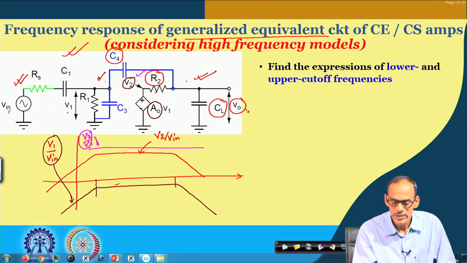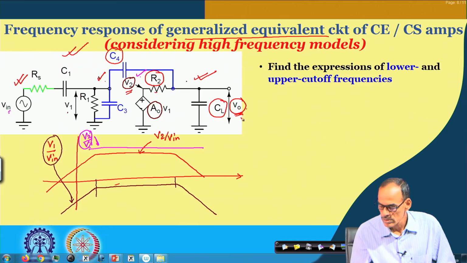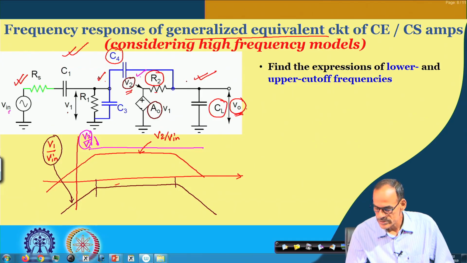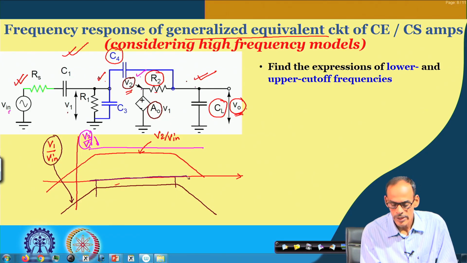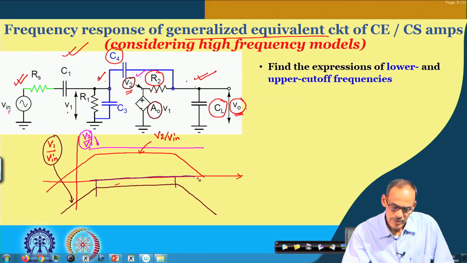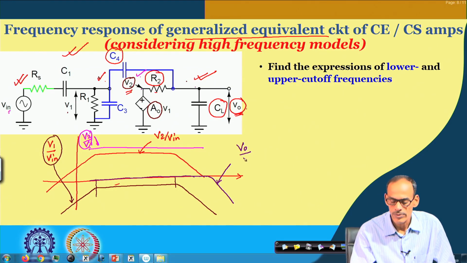So, if I consider on the other hand V 2 to V o, here to here it is a passive network. So, it is starting with almost 0 dB, and probably it is having a pole like this, right. So, this is V o divided by V 2. Now, if I combine say V o by V 2 and this curve together, then we can get the